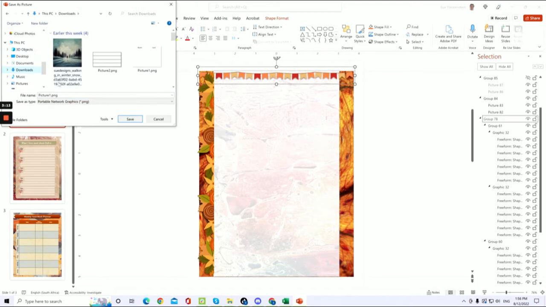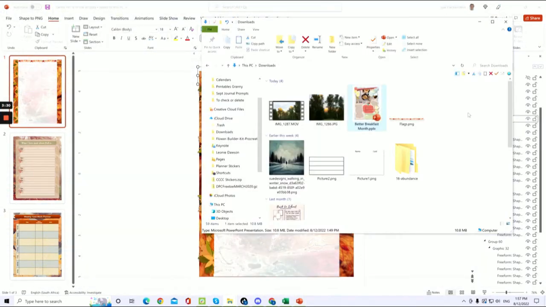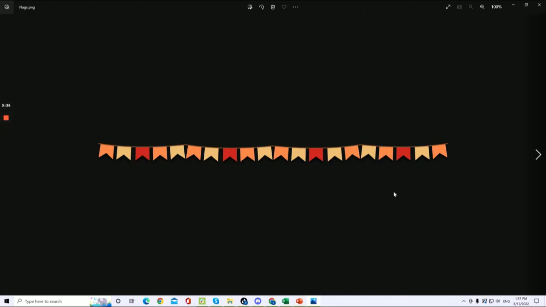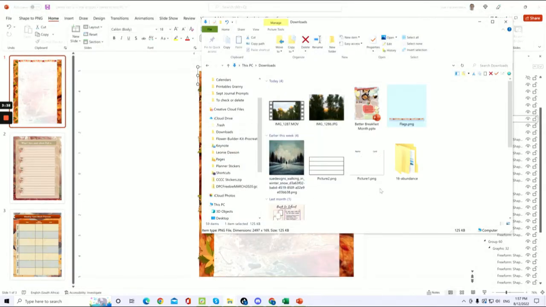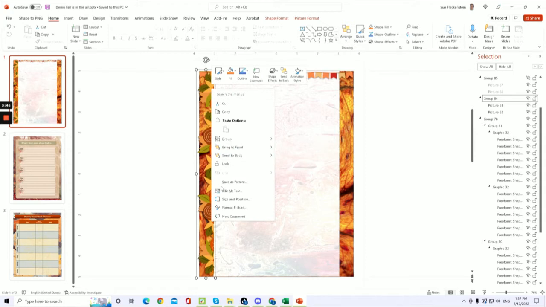I've done a couple of these and put them in the pack. So we'll just name this flags. Now if I go into my download folder, you'll see we've got the flags. So we could use this as an individual element on any of the pages, and you'll see the same thing in the pack. I did the same with the banner here. So we can save it as a picture, and then you can import it again as a picture